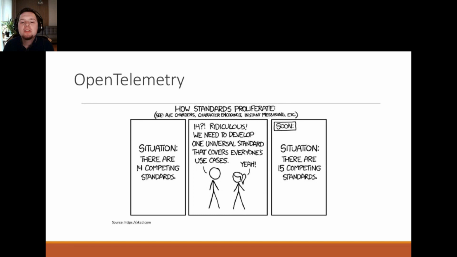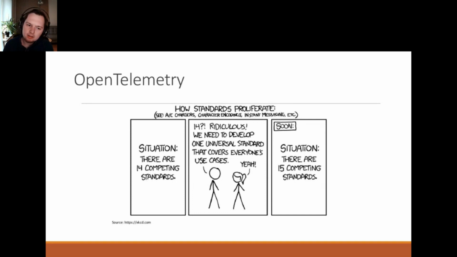So what is OpenTelemetry then? There were two projects before OpenTelemetry. There is still OpenCensus, which is a collection of language-specific libraries for instrumentation, and I will talk about instrumentation in a second. It also helps you collect metrics and expose the data.